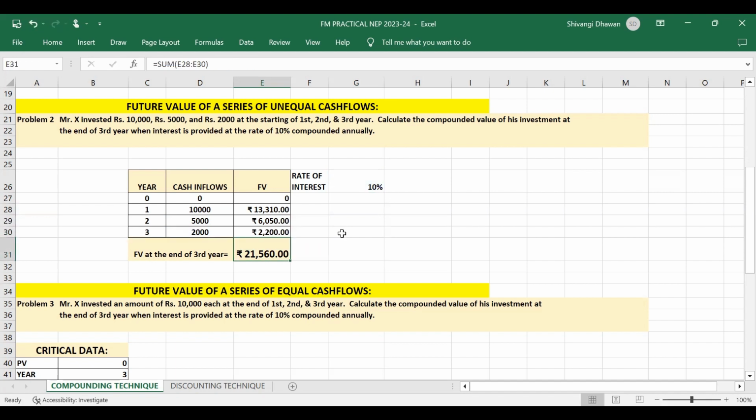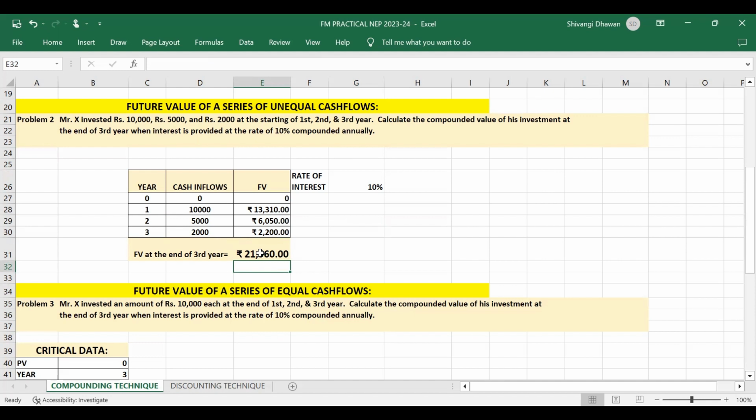Now, the future value at the end of third year will be the sum of all the future values given in this column E. That is for first year 13,310, for second year 6,050 and for third year 2,200. So the future value of all his investment at the end of third year will be calculated using the sum function. So is equal to sum and take the range from 13,310 to 2,200 and we can solve it. Enter and you will get your future value of all his investment, that is Mr. X's investment, at the end of third year is rupees